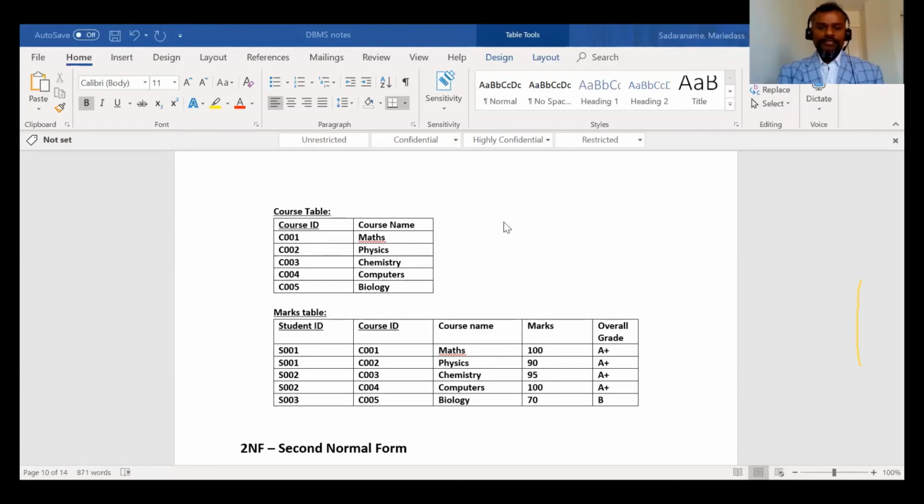Okay, so here in the marks table, for me to specifically identify a record. So I had an answer here. Somebody said course ID. Okay, very good answer, but wrong answer. That's okay. So course ID cannot be a primary key because, for example, like I explained, if I just